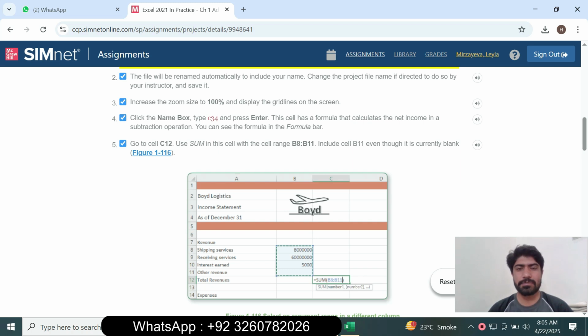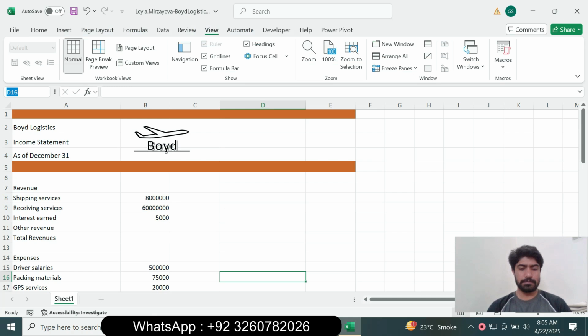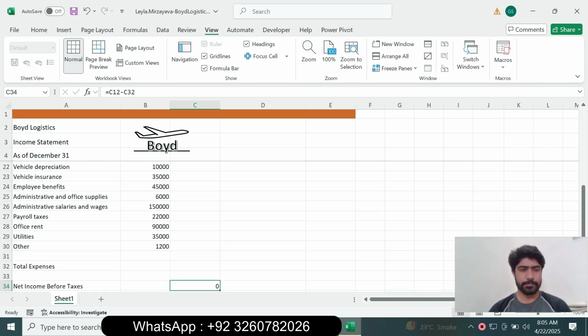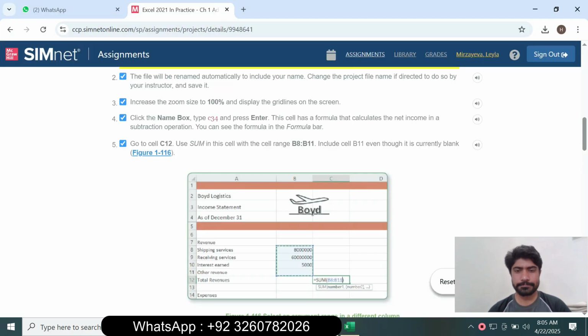You can see the formula in the formula bar. Type C34 in the Name box and press Enter.